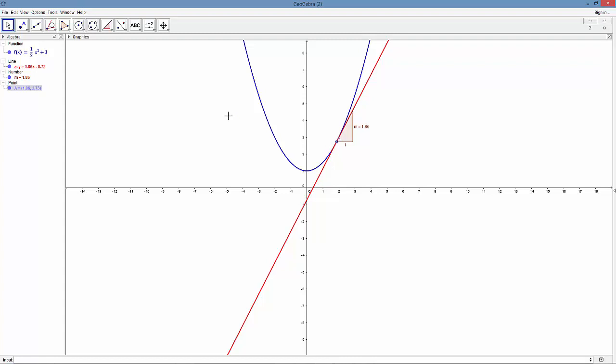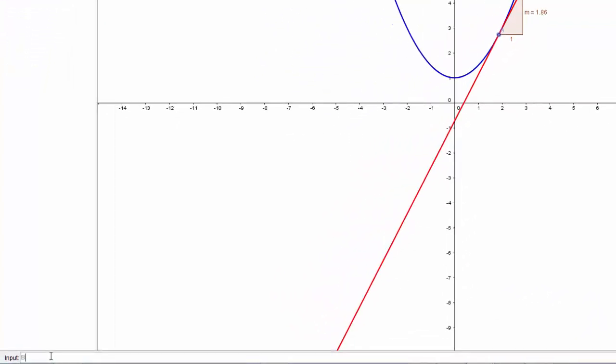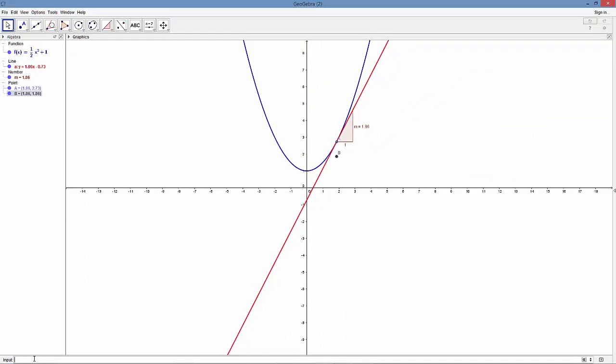So now what we want to do is we want to create another point. So we want to do this from the input bar. We'll call that point B. So B is going to equal x sub A, and what that will do is give us the x coordinate of point A, and for the y coordinate we want to use the slope of the tangent line. Hit enter, and that creates point B, and then we want to connect point A and point B